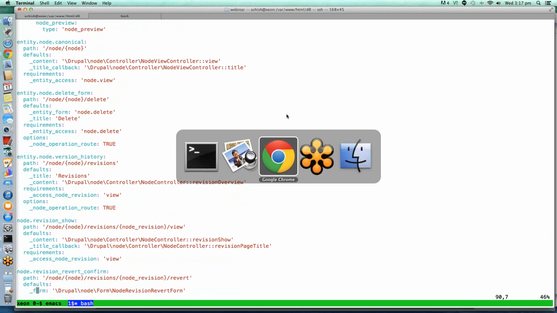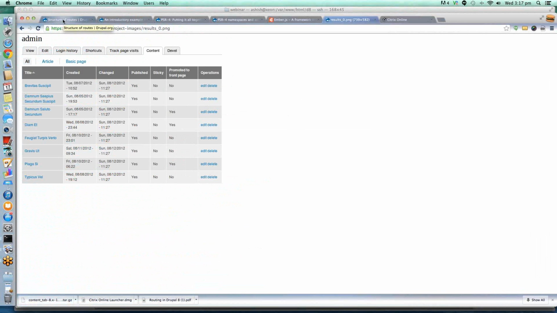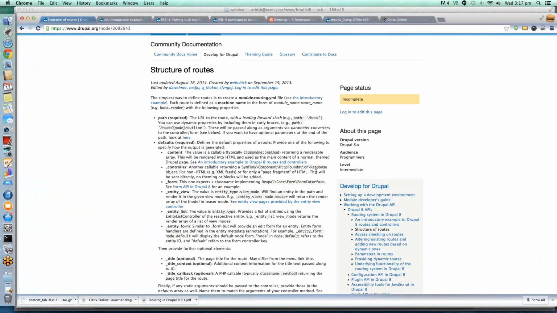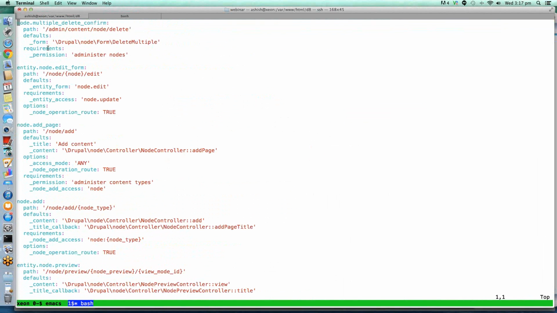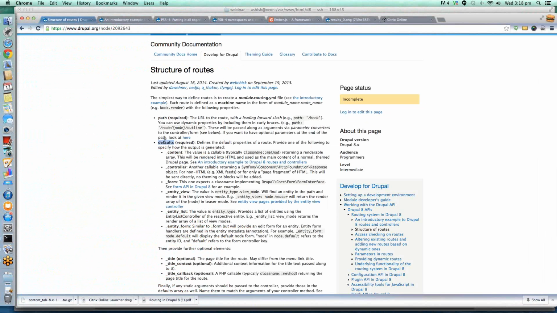Let me keep this open and I'll go to the documentation on Drupal.org. This particular link talks about the structure of routes in Drupal 8. Whenever a module.routing.yml file is defined, you would have a path. Let's talk about this example. This is the unique name of that particular route, and this is a path. After that, we go to defaults, and within defaults we can have